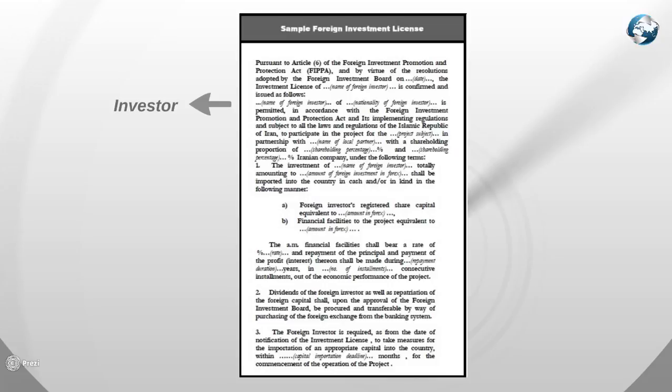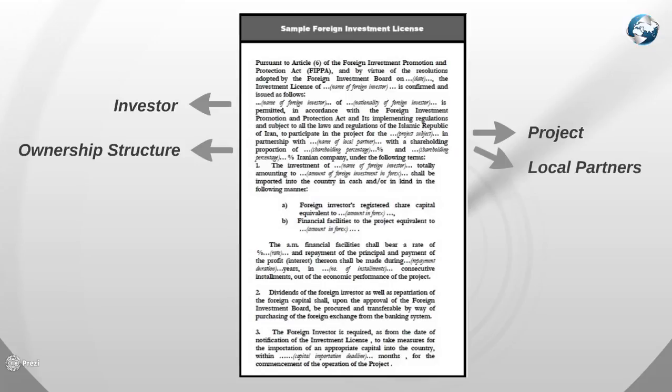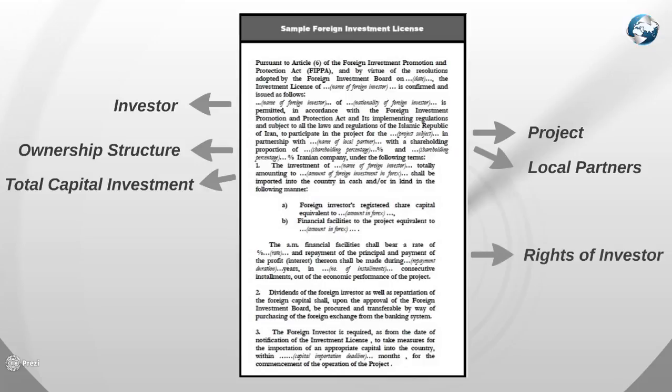A typical foreign investment license includes the name of the investor, the project or the company being invested in, the ownership structure as required for direct investments, the name of the local investors, the volume of the total capital investment to be imported by the foreign investor and his contribution to the equity capital, as well as additional financial facilities provided by the investor, the recognition of the rights of the foreign investors for the transfer of profits and repayment of the financial facilities, the payment of fees and remunerations with respect to the transfer of technology agreements or royalties,